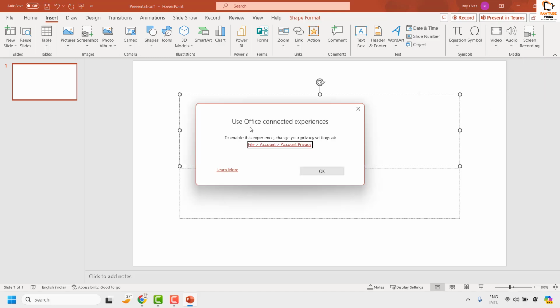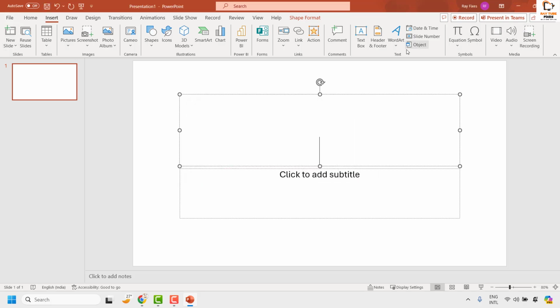or if you click on Online Video you might see a message saying to use Office connected experiences. Now you can go ahead and fix this issue by clicking on or accessing the account privacy. There might be an instance where this option may not be available, so let's see how to fix this issue. Now to fix this issue, either you can go to the account privacy settings, or else you can go to